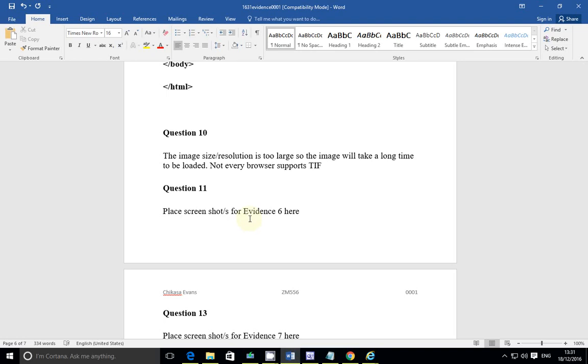Okay, not every browser supports TIF files. The other thing we could do, the solution, is to reduce the size of the image, or compress the image. Let's just put a full stop here. We say we can also